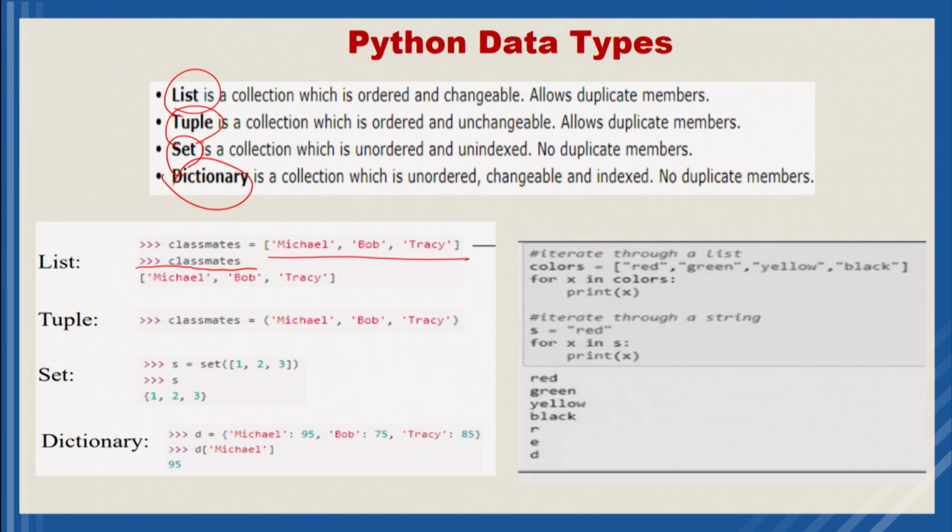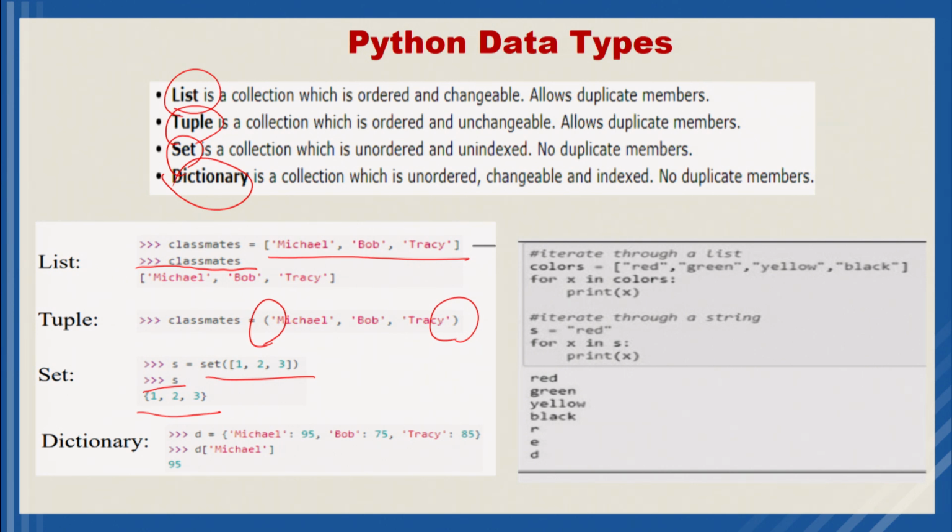Okay. Then next, a tuple. A tuple is created using open and close parentheses, and the values are enclosed with single quotes. Now, if you see the set data type, it is created using set, open parenthesis, square brackets, where we are mentioning the values as 1, 2, 3 etc. And if you print S directly at the command prompt, using curly braces, the output values 1, 2, 3